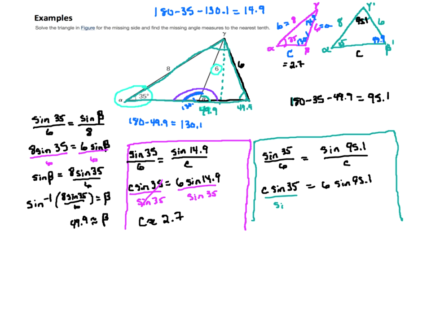I'm going to divide the sine of 35 off of both sides, and when I do so, I get that C is approximately 10.4. So this is 10.4. And now I have the two cases solved for that could crop up with the given